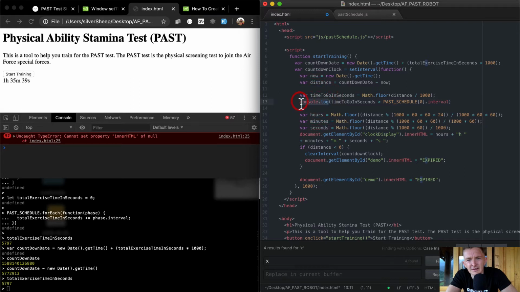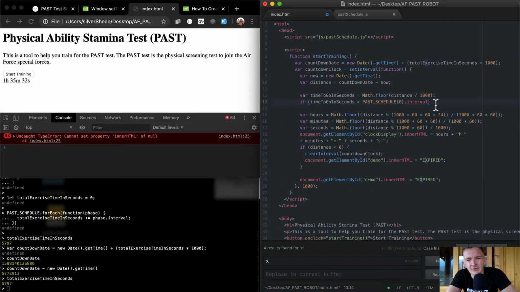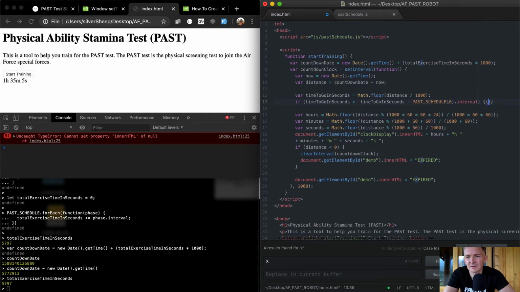So let's say if time to go in seconds is greater than past interval at position 0, so if it's greater than 10 seconds, we could say time to go in seconds minus past interval. So if there's 5,000 seconds left, if time to go in seconds is greater than the time to go in seconds minus the first interval, then we want to